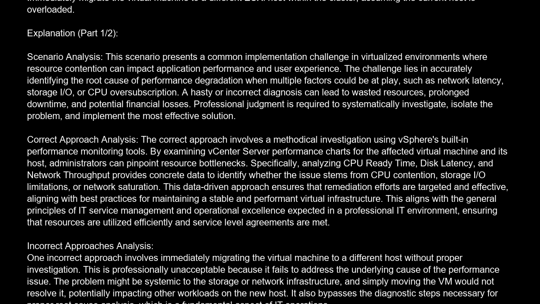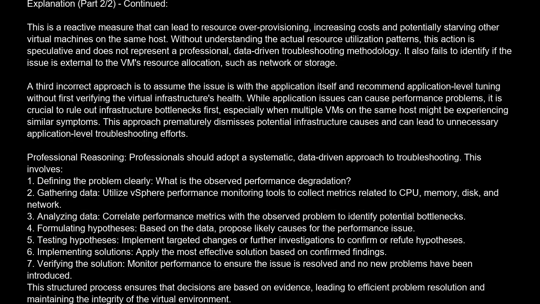Another incorrect approach is to arbitrarily increase the allocated resources, CPU or RAM, to the virtual machine. This is a reactive measure that can lead to resource over-provisioning, increasing costs, and potentially starving other virtual machines on the same host. Without understanding the actual resource utilization patterns, this action is speculative and does not represent a professional, data-driven troubleshooting methodology. It also fails to identify if the issue is external to the VM's resource allocation, such as